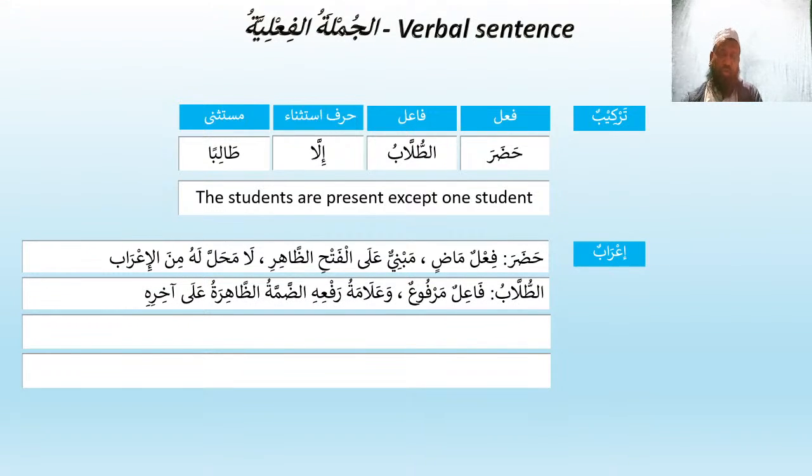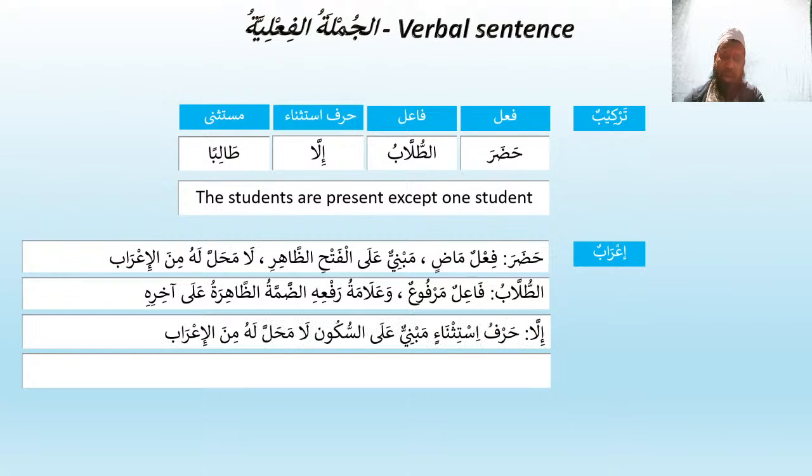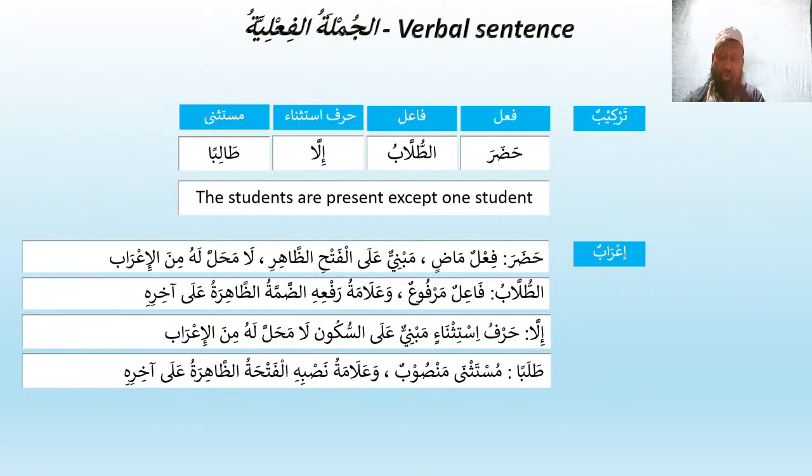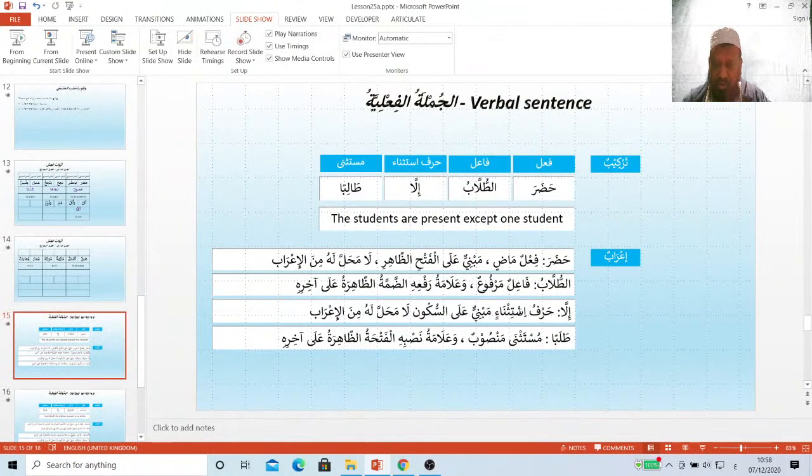الطلاب فاعل مرفوع وعلامة رفع الضمة الظاهرة على آخره. The Arab of illa, just mentioned, illa حرف استثناء. Again, the hamza is hamzatul wasl, there shouldn't be kasra there. حرف استثناء مبني على السكون لا محل له من الإعراب. طالبا مستثنى منصوب وعلامة نصب الفتحة الظاهرة على آخره. Okay, so let me just change the